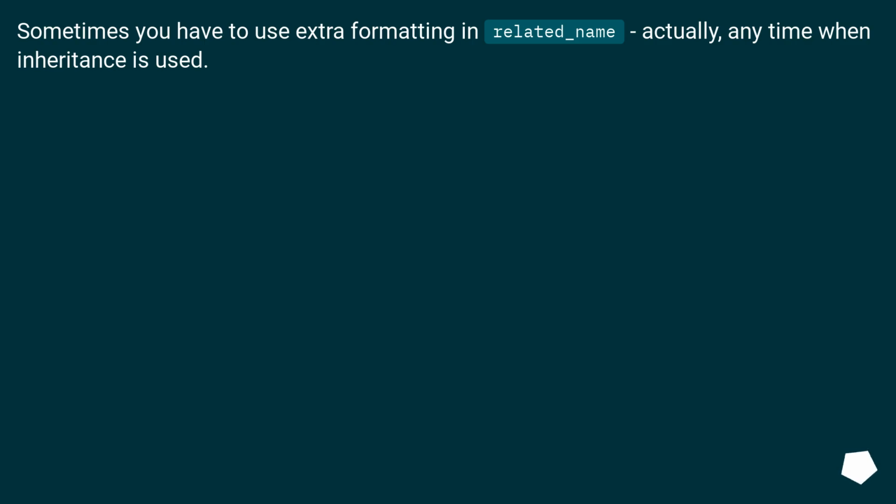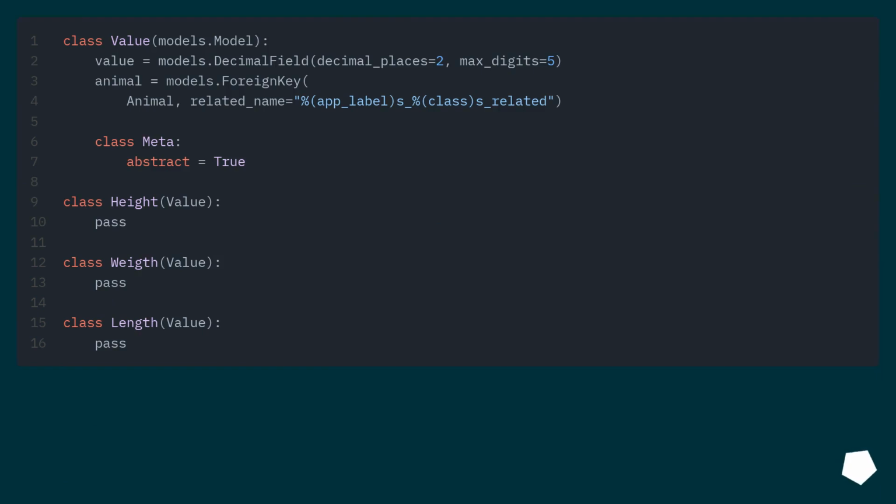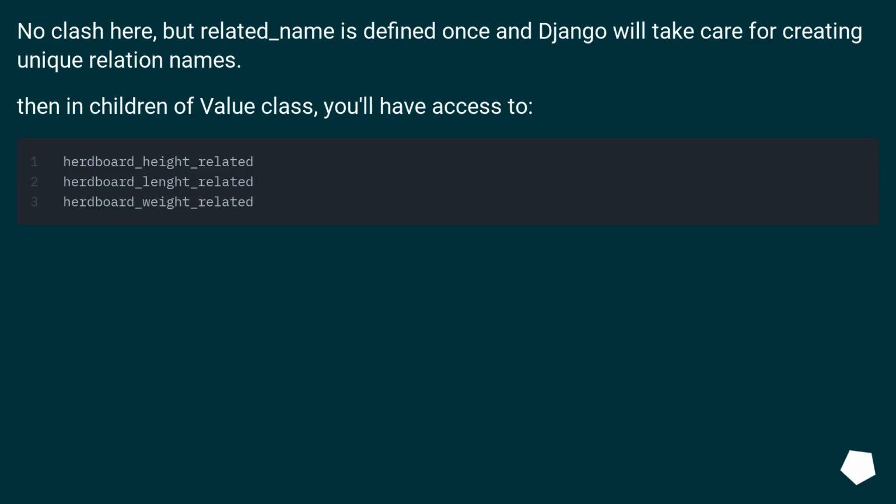Sometimes you have to use extra formatting in related_name, actually, any time when inheritance is used. No clash here, but related_name is defined once and Django will take care of creating unique relation names. Then in children of value class, you'll have access to